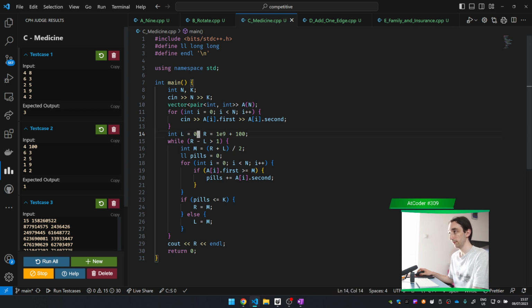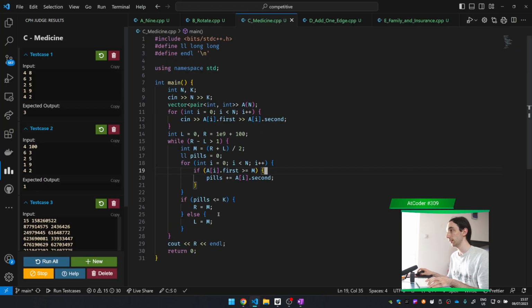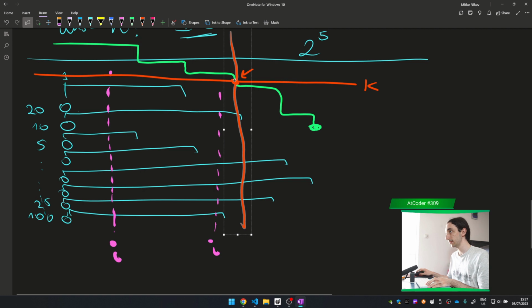L is not valid, R is valid in our case. The middle point we just take by summing up and dividing them. We go through all of these n pills, and we say if the pill lasts till this m day, so it lasts more than the m days. That m is the index we are searching at here. This is the index. If the pill lasts more than this, I will count that this exact day, I will take